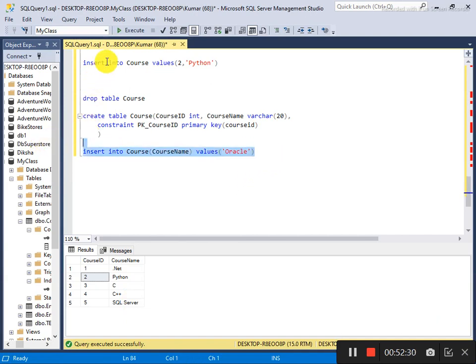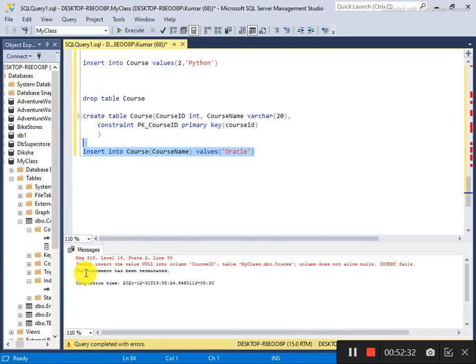So let us see what happened. Yeah, it's showing that it cannot be inserted because of the primary key. It's saying a null value is not allowed in course ID. So a primary key always has a value, but if it's a unique key, then you can make it blank one time.